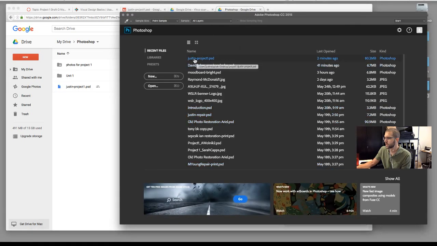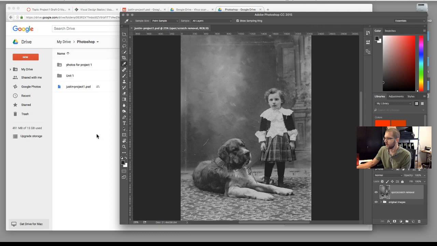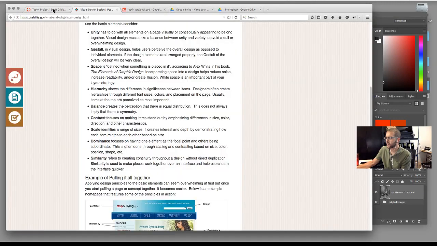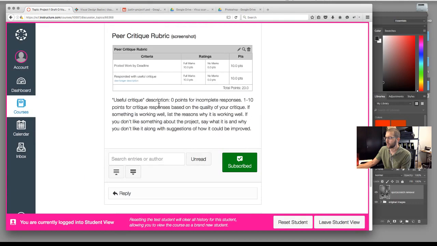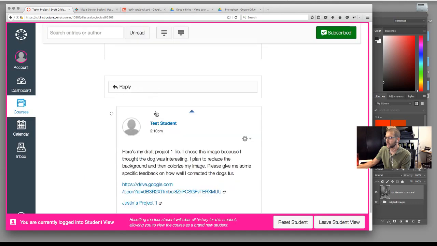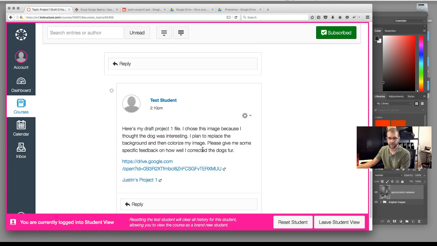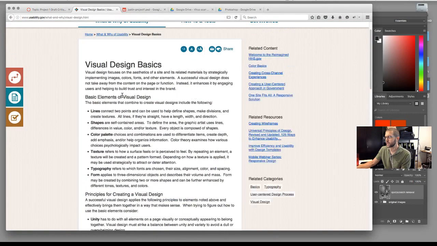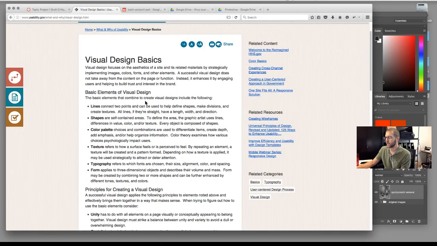Okay, so if you're reviewing my project and you're trying to figure out what to critique, well, one, I gave a very specific item that I would like some feedback on, okay? So that's one way of giving good critique. In addition to that, I could look at some of these things and think about, okay, line, shapes, color palette,